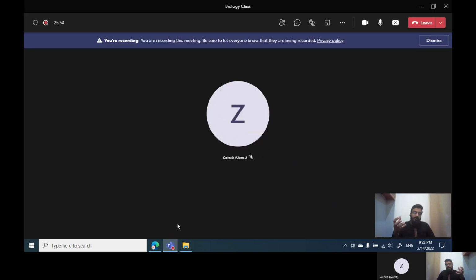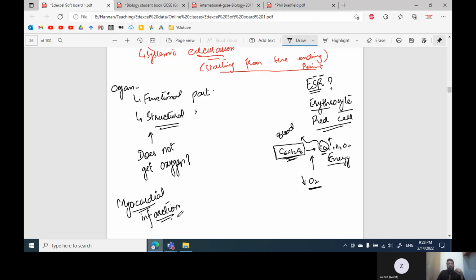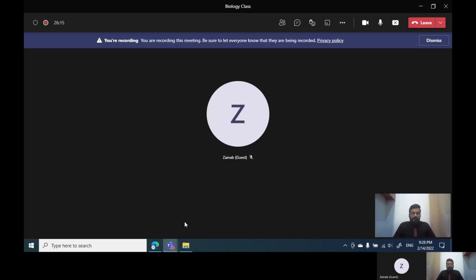This is myocardial infarction, heart failure. The weaker the heart, the more cells of the heart have died. Why? Because of the lack of oxygen that should be coming from the coronary artery. So if someone notices it a bit earlier, then he or she would be cured by implanting a stent inside the coronary artery. But in any case, if the heart is so much damaged that the stent is not enough,